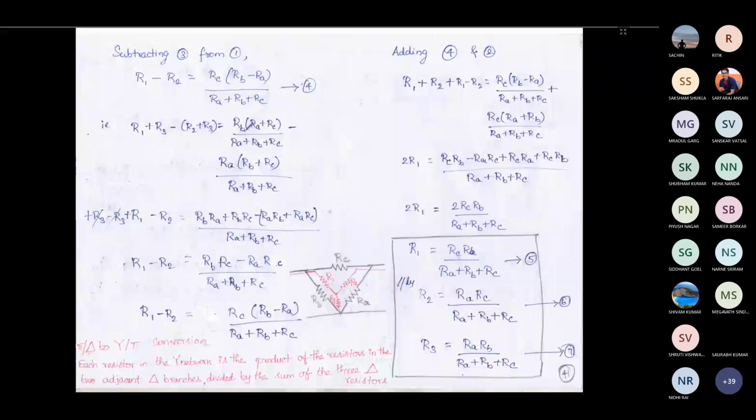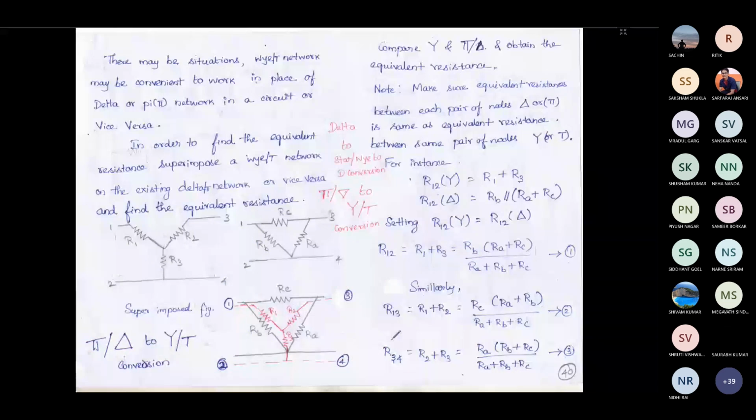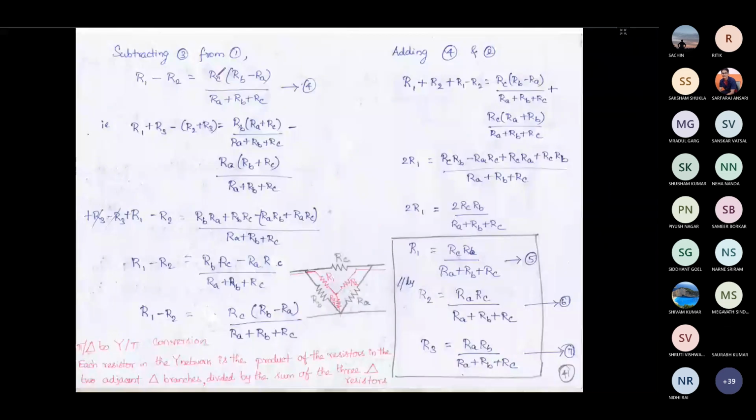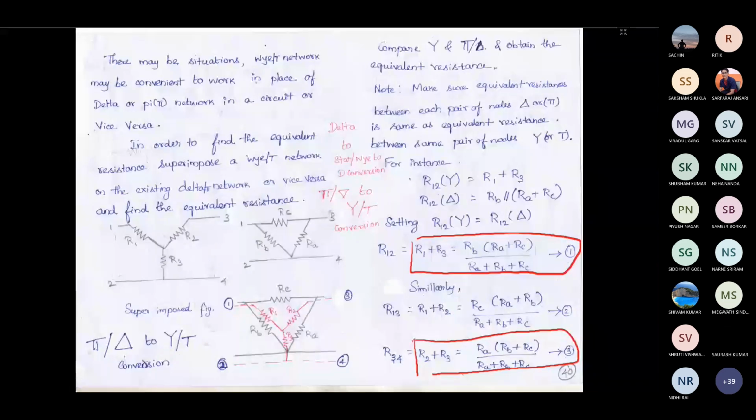Okay, fine. So what I'm doing is subtracting equation 3 from equation 1. This is my equation number 3 and this is my equation number 1. If I subtract equation 3 from 1, I will get R1 minus R2, so R3 will get cancelled out. The left hand side I subtract separately and the right hand side separately. So I will get R1 plus R3 minus R2 minus R3, my R3 will get cancelled, and now I will get R1 minus R2.